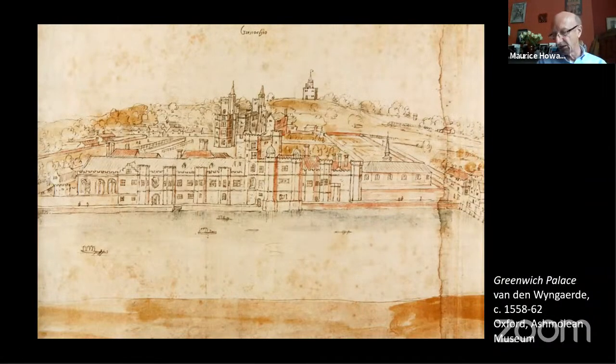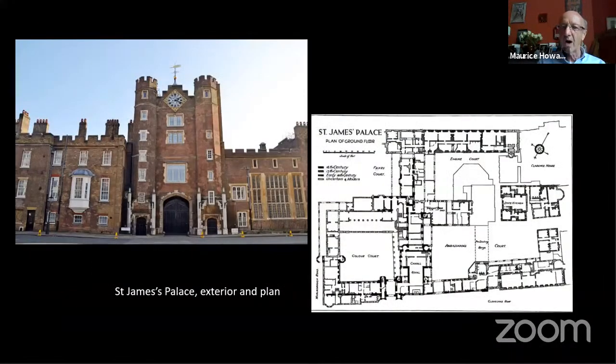Two particular Tudor royal chapels survive, both, as I said, much altered from their original configuration and in terms of their fittings. One is at the Royal House of St. James's in Westminster, London. Here's the great gate to St. James's, and here are the chapel windows. The chapel here is not oriented. This is the liturgical East End, but it's oriented north-south in this instance,